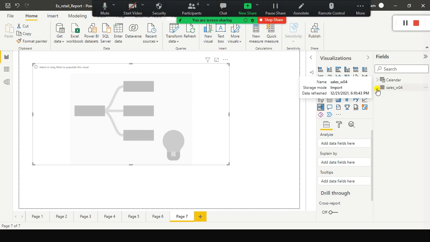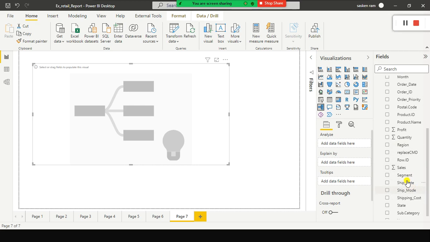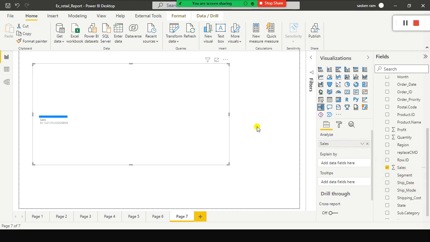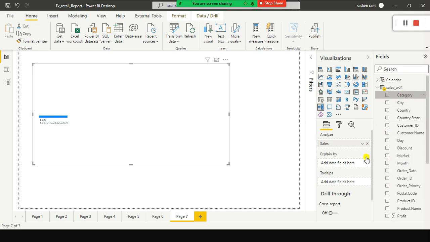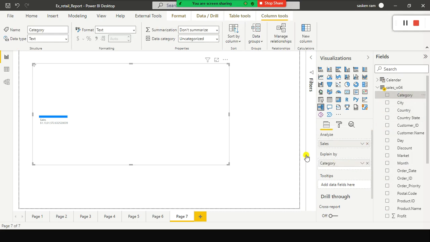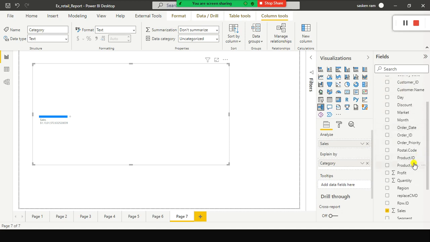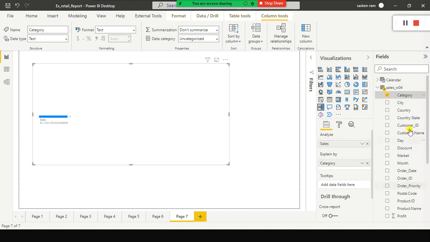Okay, as usual I'm using the sales table. So what I do is I'll just drag and drop the sales here. Look here, you have Analyze. Instead of axis, we can see Analyze here. This is very specific to the decomposition tree. And here, I'll just drag and drop all the columns that are required for my analysis. Initially you have something called Explain By, and you can select whichever column you want, but make sure that you are selecting the categorical variables here.